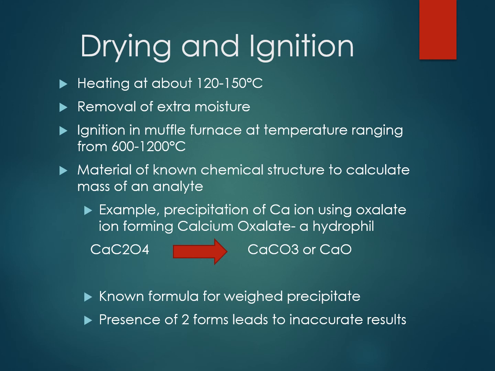Presence of more than one salt or precipitate form of any ion leads to inaccurate results, and hence only a single salt form is preferred to get quantitative precipitate. This means in this example we have to make sure that the calcium ion makes only one precipitate, and hence we have to use only one precipitating agent. If we use a combination of precipitating agents, calcium ion will form more than one precipitate, and this will interfere in the final result of the analysis.